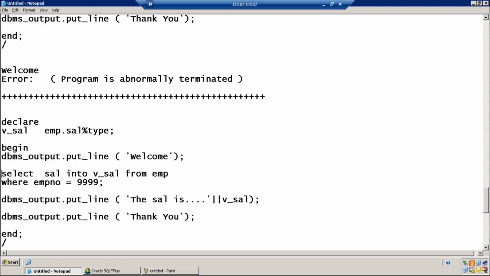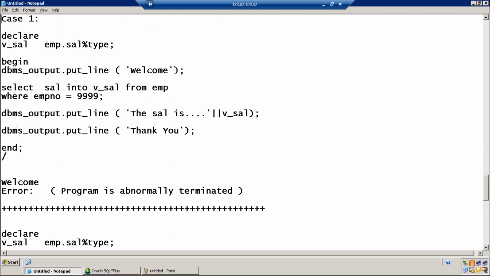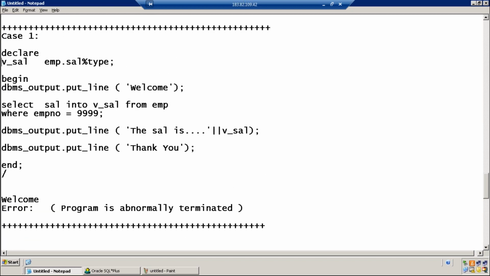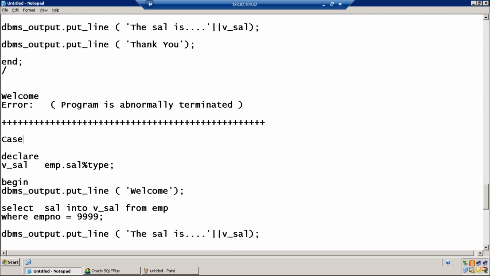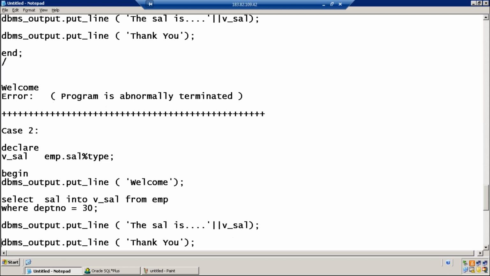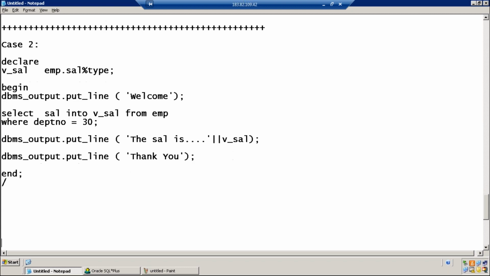What I have explained, please observe. I have marked it as case 1. Now I am explaining case 2. This question is for Jamal. Select sal into v_sal where, instead of employee number, I am writing where department number equals 30.